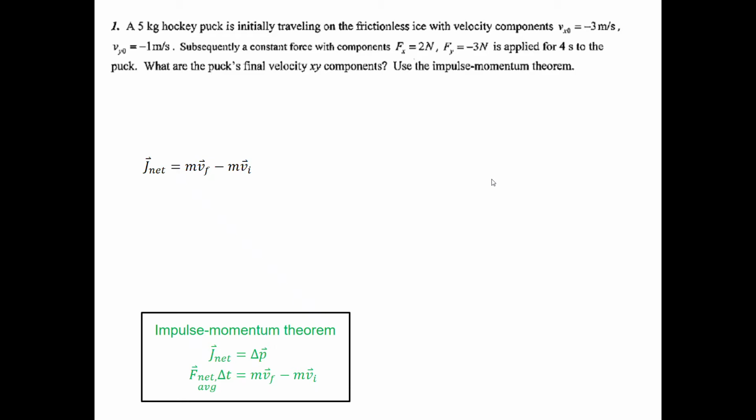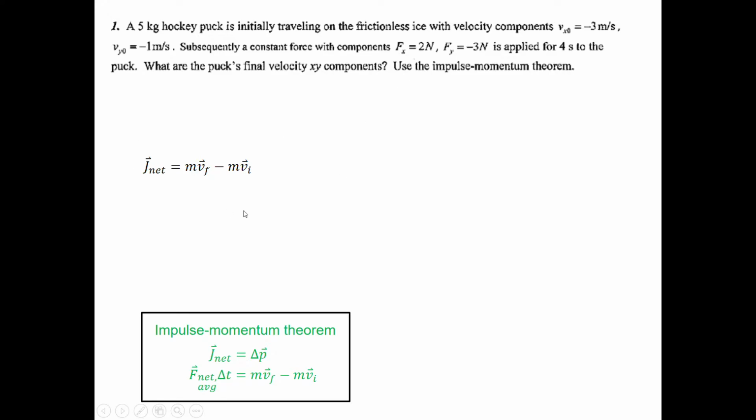All right, back to our problem, in which we're supposed to apply the impulse momentum theorem, presumably. We've got a hockey puck on a frictionless ice rink, horizontal in the xy plane, and a force which has an x component of 2 newtons, y component of -3 newtons is applied for 4 seconds. If we know the initial velocity components, can we find the final velocity x and y components using the impulse